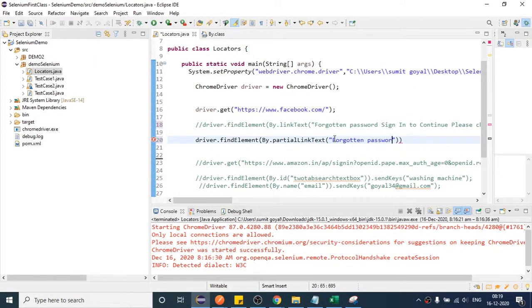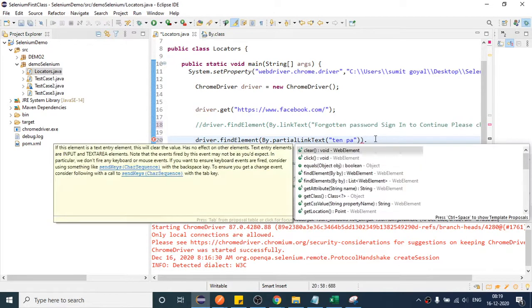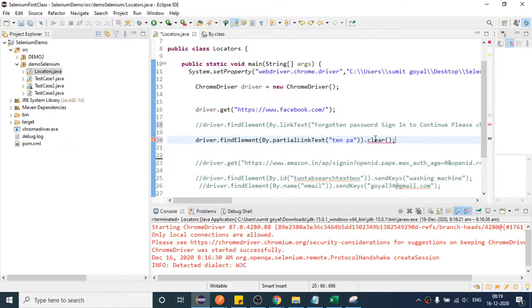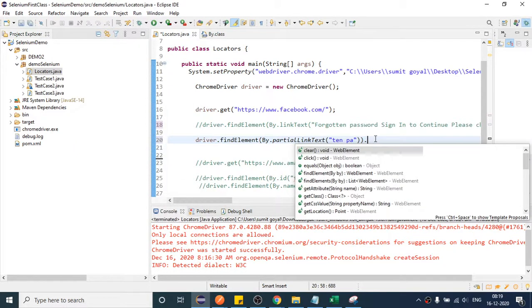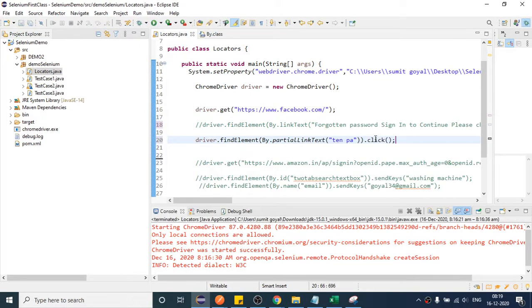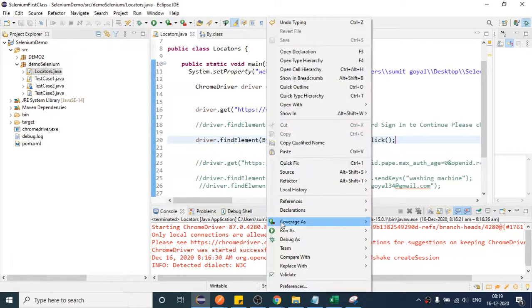If I remove some text like this, and from here like this, your link text will become shorter, right? After that if I click, then also, if I run it,